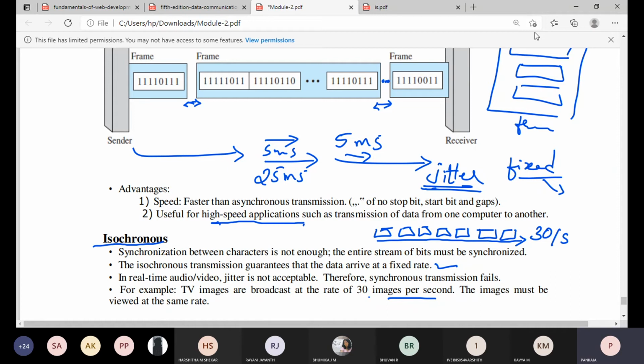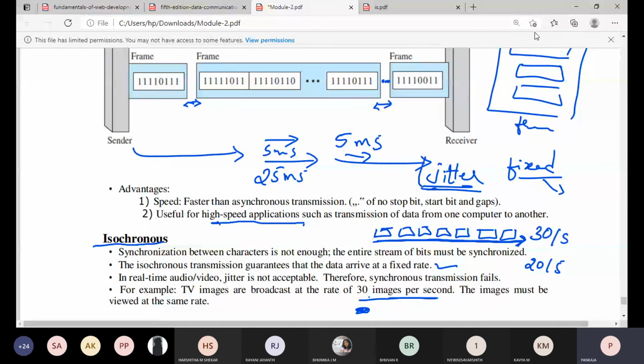But sometimes audio may be sent at a different rate, and in such cases there will be some mismatch. It is going to happen. If the first set of images comes at 30 images per second, the next second you should also get 30 images per second. There should not be any change in that. The next time it should not be reduced to 20 images per second. In such cases, the quality of the video goes down, and you may not get an exact match of audio and video. That is the problem of jitter.